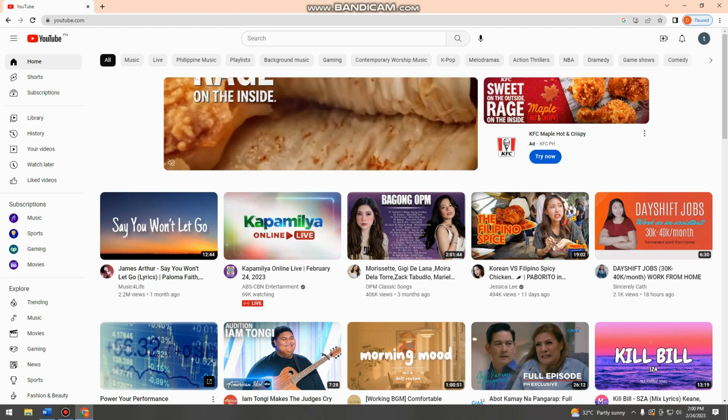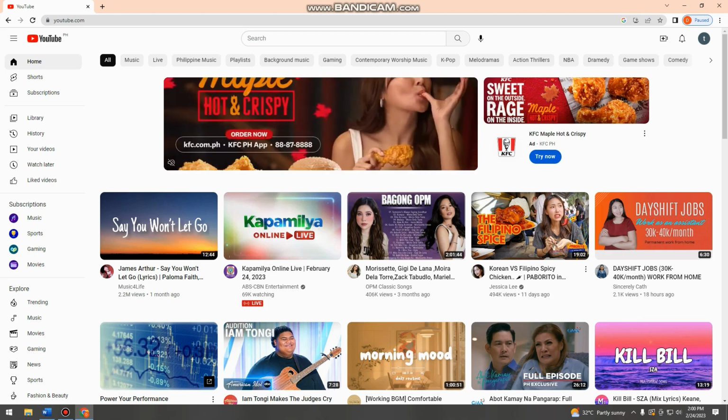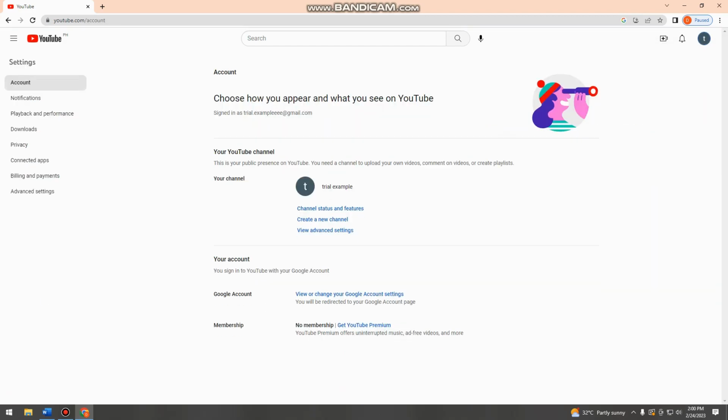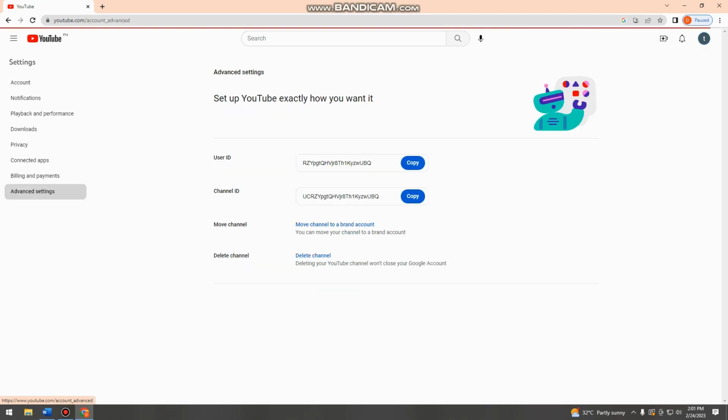So first you want to open your YouTube, then make sure that the account that is logged in to it is the right account. Okay, after that you want to click your profile, which you can see on the upper right side of your screen. Then you want to click settings, and then after that here on the left side, as you can see here, is the advanced settings, and you want to click on that. And then here you want to click delete channel,